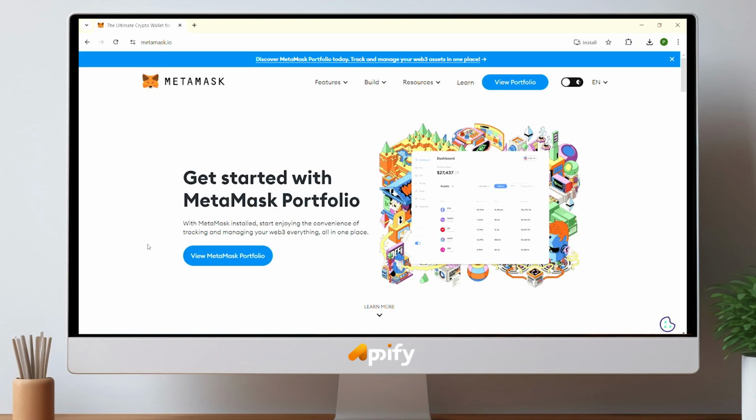Currently there is a view MetaMask portfolio button in blue color because I have already installed the MetaMask application. But if you haven't installed MetaMask, then instead of view MetaMask portfolio, there will be a download button. You just have to click on the download button and you will be redirected to the browser store. From there, you just have to click on the download button and you will be able to download MetaMask,